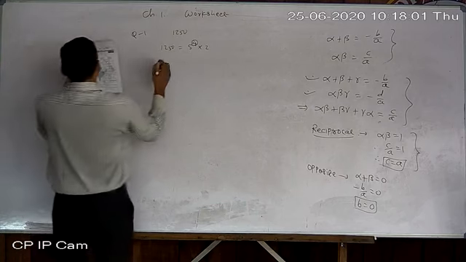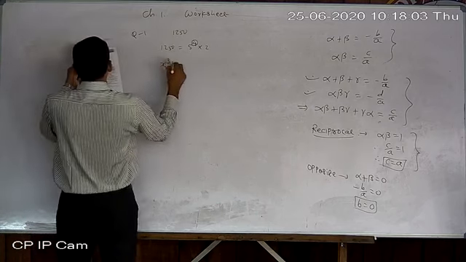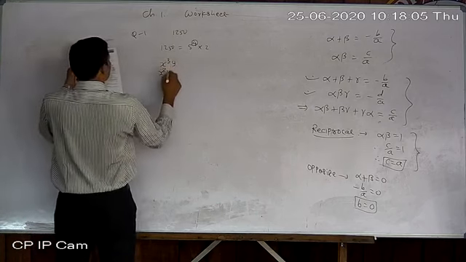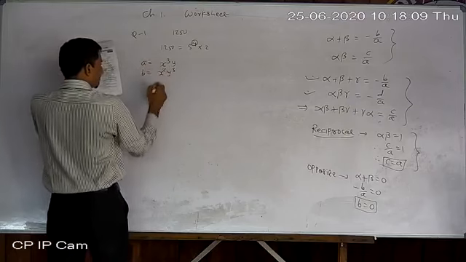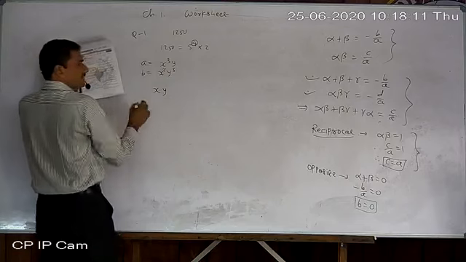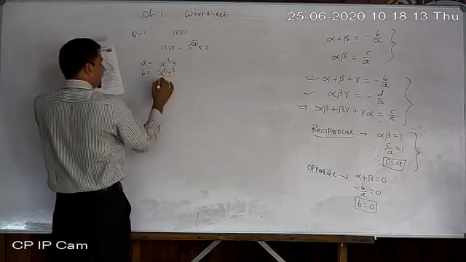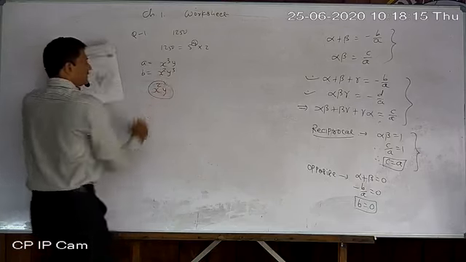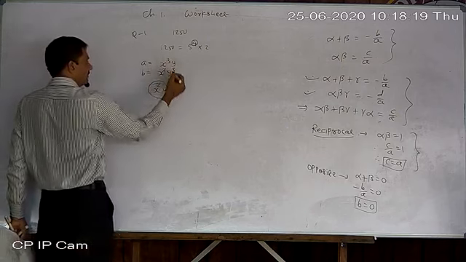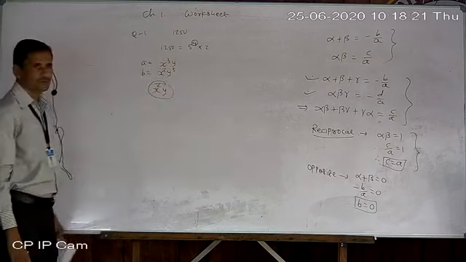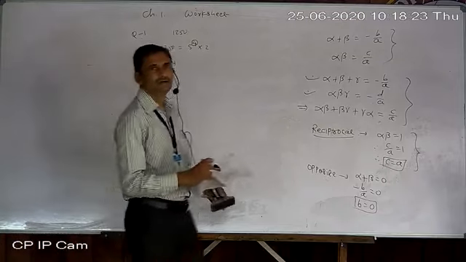Second, we already solved. Again, I tell you, x cube y and x square y cube are given. These are A and B. HCF of A and B is asked. So HCF means what? Common base with minimum degree. So that is our answer. For x, 3 and 2, so minimum 2. For y, 1 and 3, so minimum 1. Okay, so HCF becomes x square y.